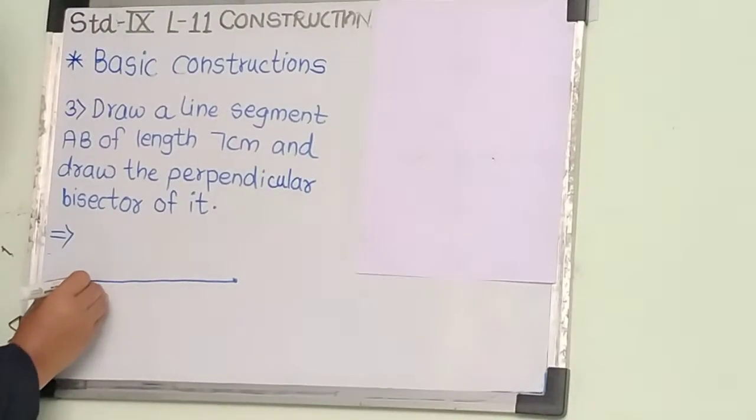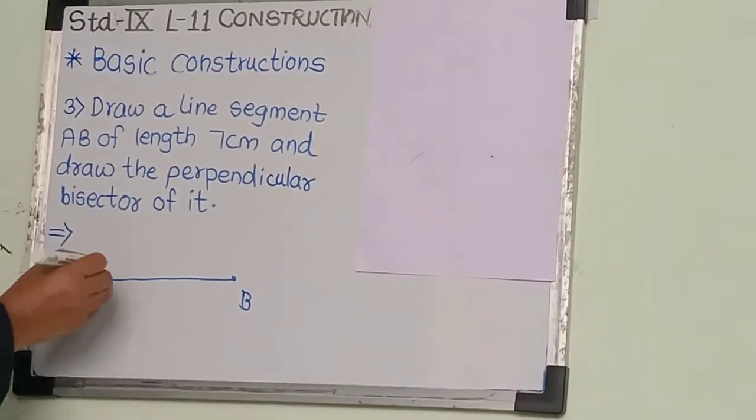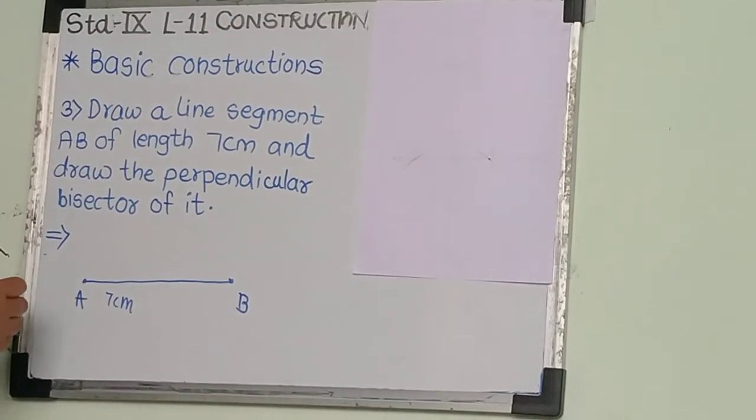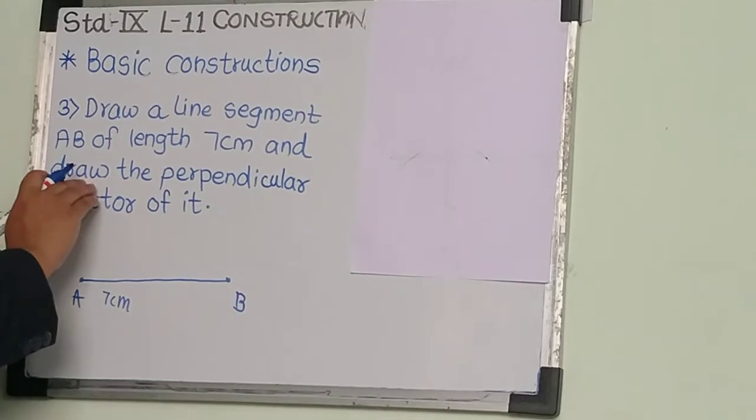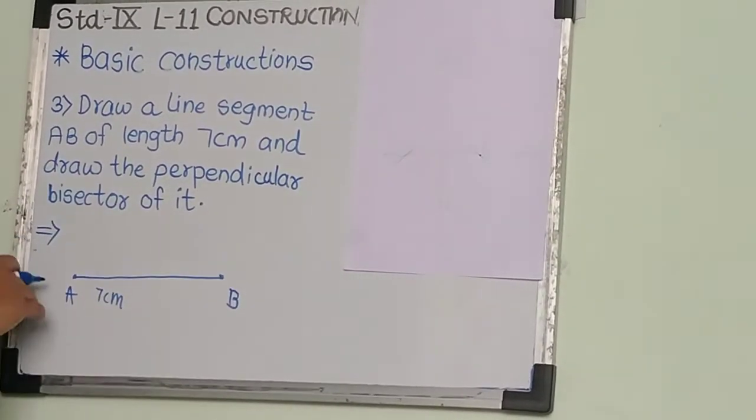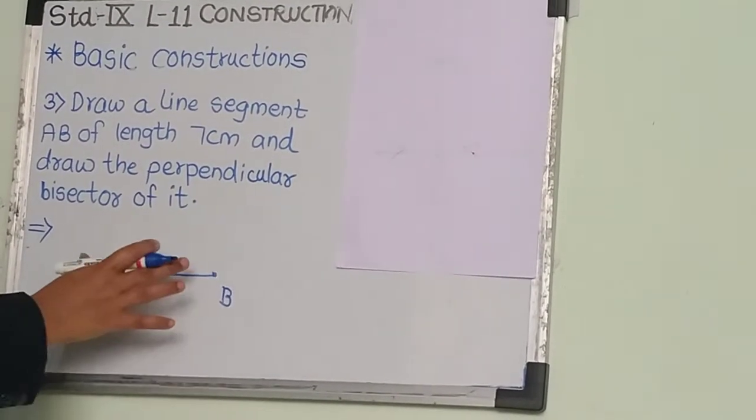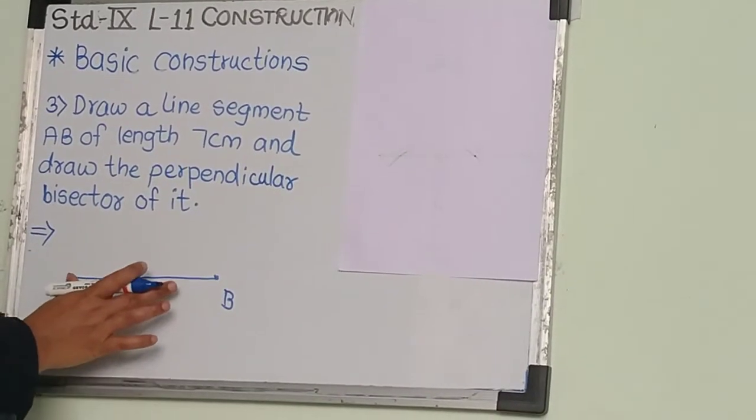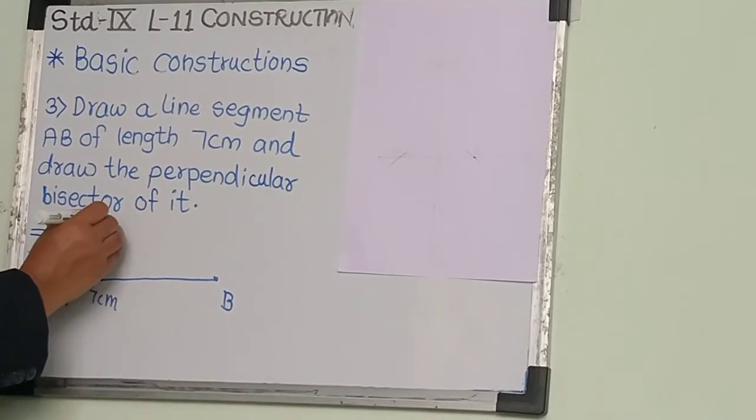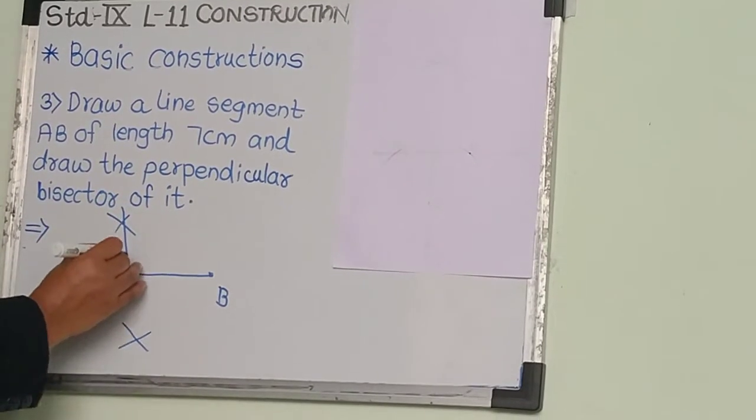So first I will draw here AB. It is a line segment of 7 cm. Then the same process we have to follow as we did to draw the perpendicular. But here we assume A and B are the 2 points. So we are going to take more than half the distance in our compass, and through the points A and B we are going to draw the perpendicular,